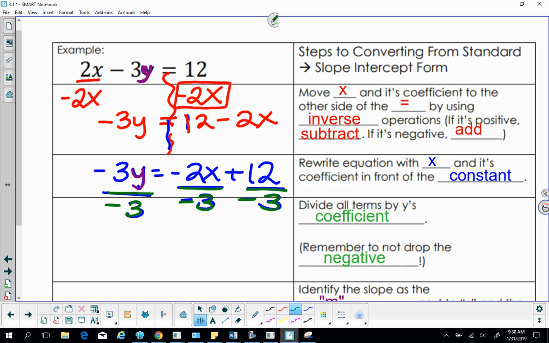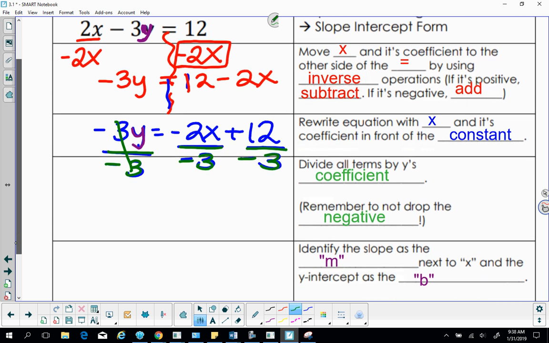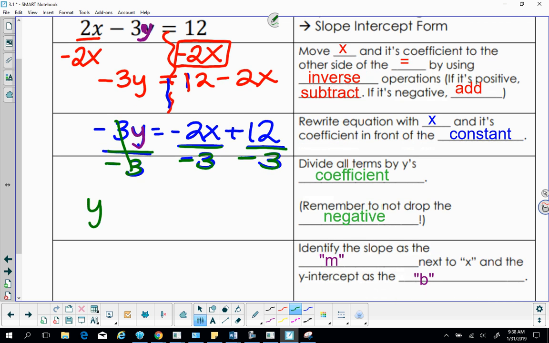And make sure, the biggest mistake we make here is we forget about the negative. So when we do that, this will cross out, and we'll end up getting y equals,